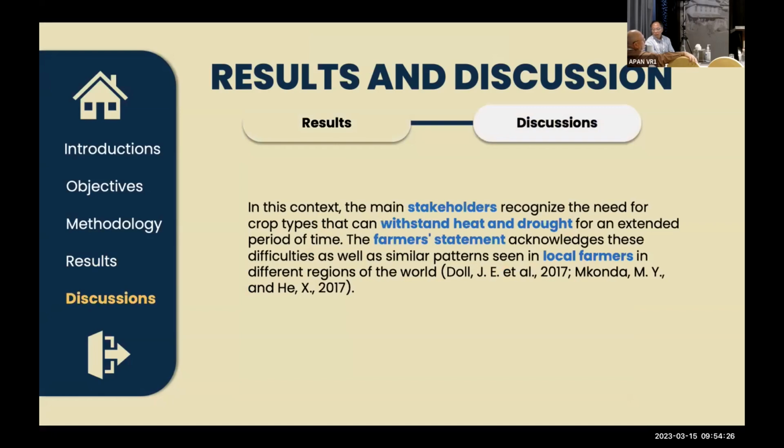So based on that, we can see that different stakeholders' explanations in our drought analysis actually established a slow onset of seasonal drought that creates some problems for agriculture production in that coastal region. Many studies also highlighted similar coastal regions in different parts of the world, and that means that droughts are more catastrophic compared to a flood because it is a slow ongoing process, and sometimes policymakers and the